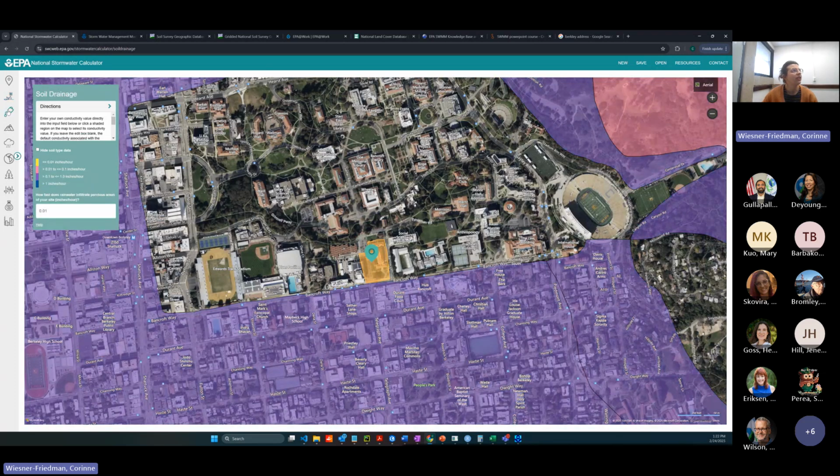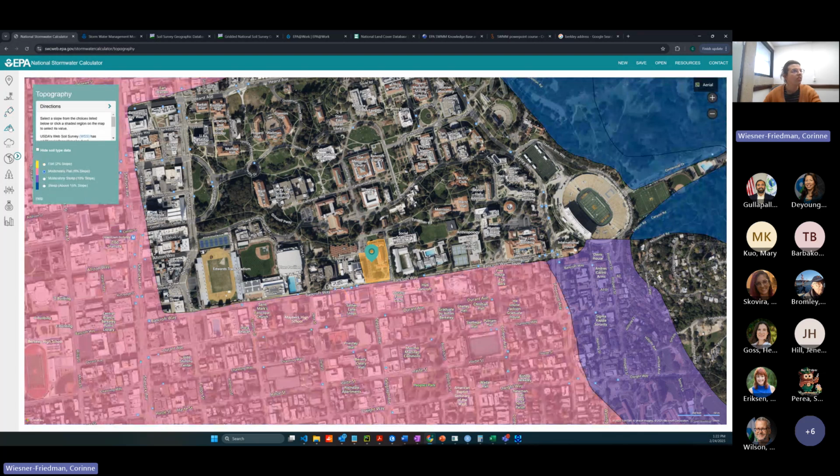So now we can look at the soil drainage. This is something else that you might be able to test for, soil conductivity. Here we can see that most of this is purple. If we look at our legend here, purple means it's greater than 0.1 to less than or equal to 1 inches per hour. So let's set it to something kind of in the middle, maybe 0.5 or something. And then we'll go to our next option,